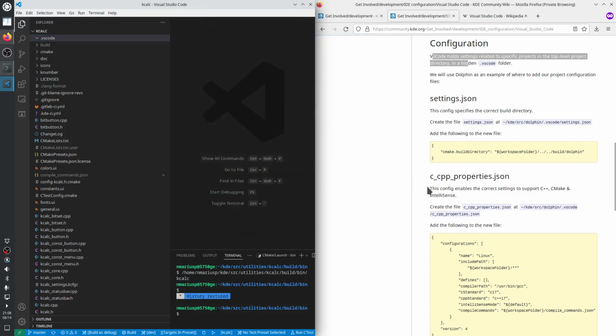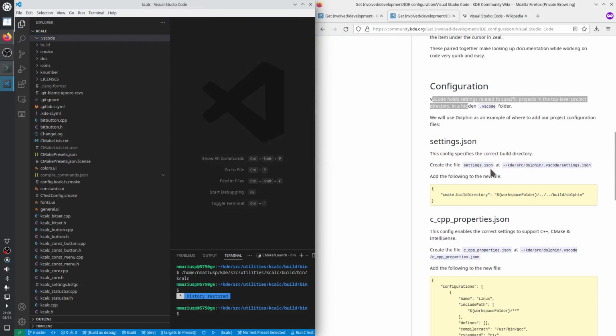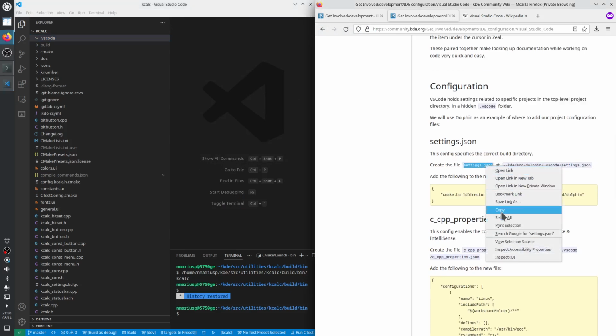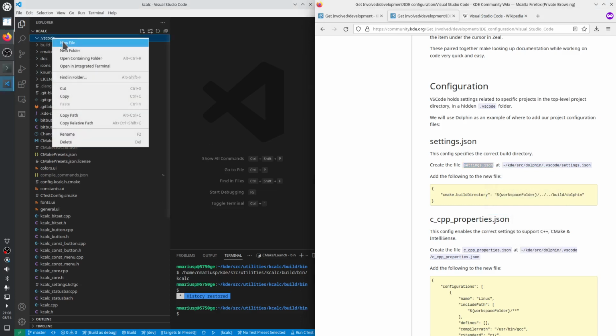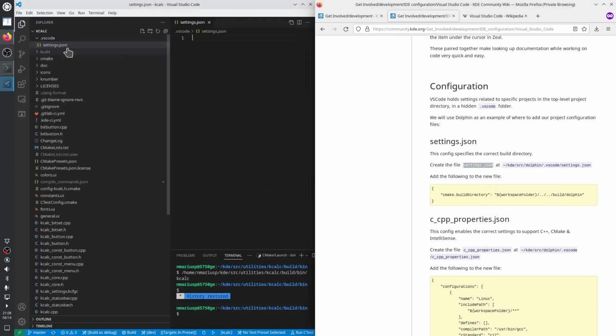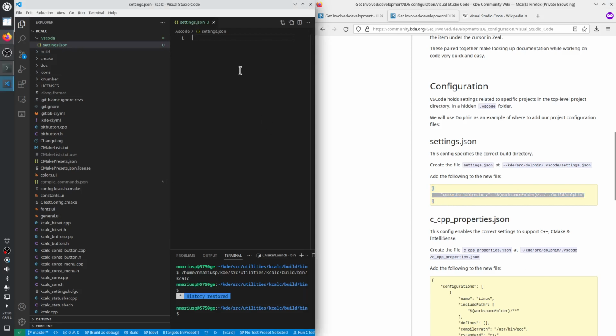And then it says we'll need to create 2 files per directory opened with Visual Studio Code. The first one is called settings.json. Copy. Okay. We should have the content like this, Control V, and then a trailing new line, Control S. So what does it say? It says Dolphin, we're building kcalc, and it says build Dolphin, which is a directory which we don't have because we don't use